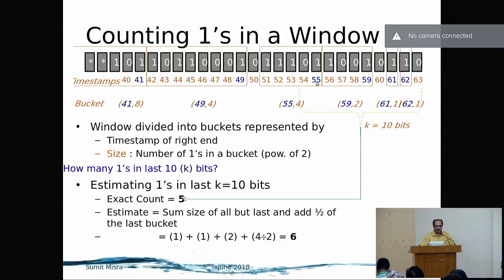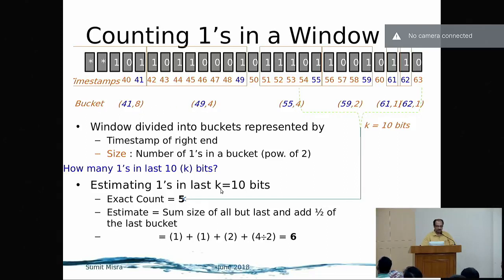So from 55 I start till I cover 4 bits. It's not 4 bits, it is 4 ones that I'm trying to count. So if you can bucket this, it is very simple to bucket, because then this is the only number that you're keeping, 62 ones. This is the number that you're keeping, these buckets, you can see this.